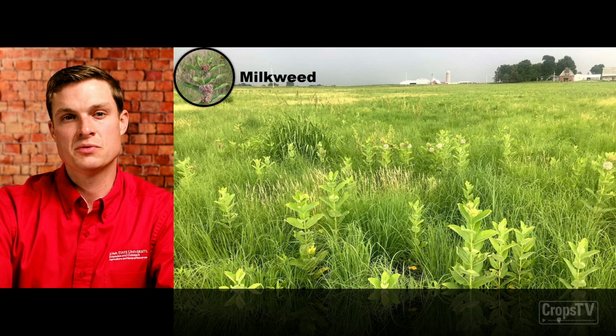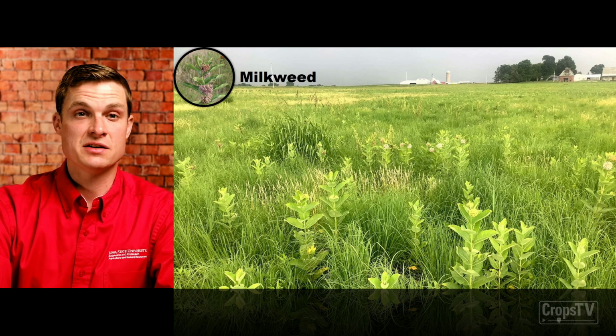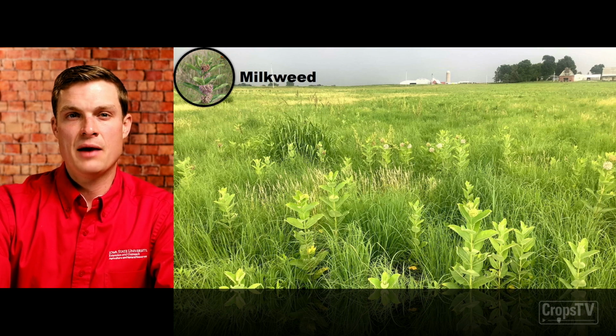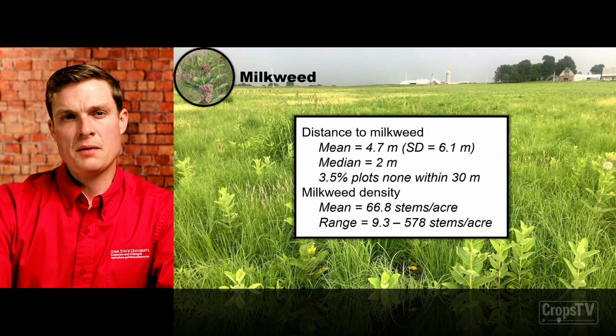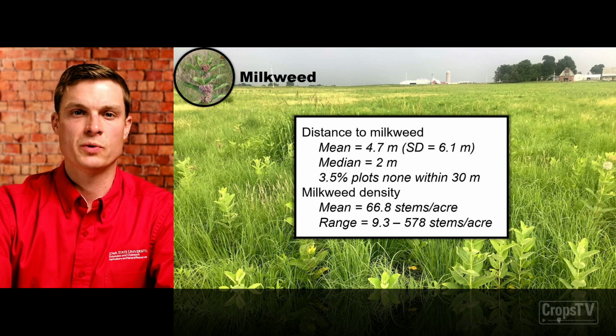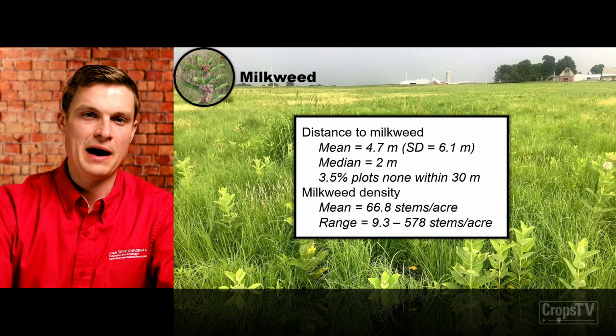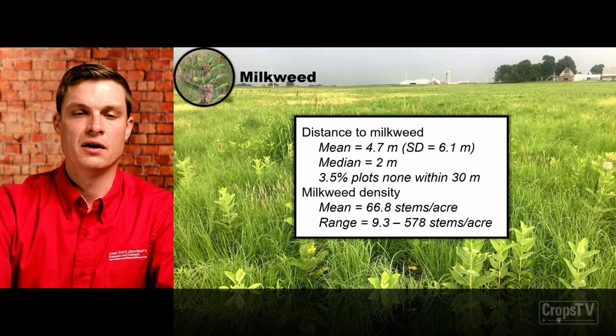This is a picture from one of our field sites, and you can see that there's lots of milkweed thriving out there. The way that we researched this was to measure the distance from random points to the nearest milkweed. And that allowed us to estimate that there's about 70 stems of milkweed per acre out there, which is exciting